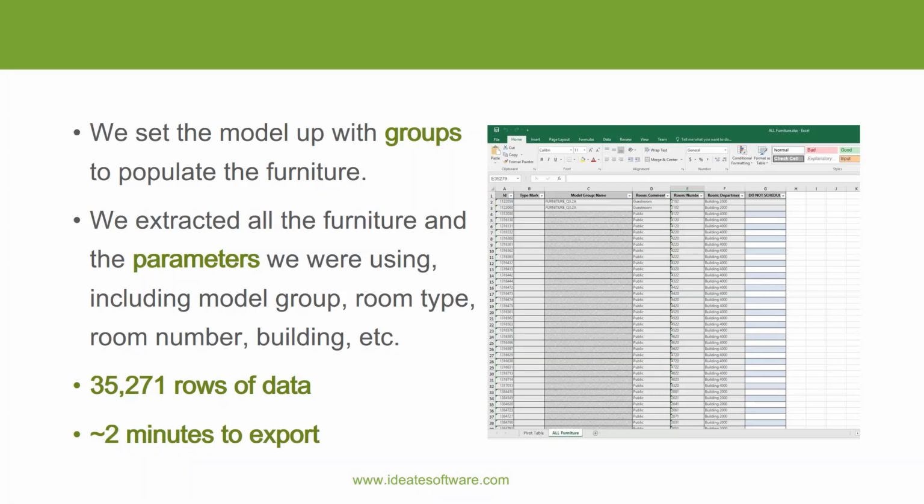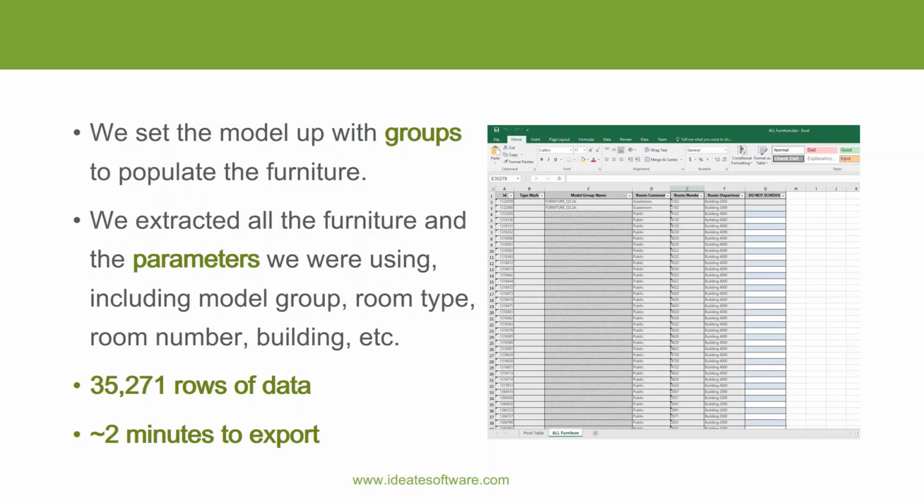So the way we organized the project was we set up furniture groups that we populated the entire project with. We had hundreds of pieces of furniture, thousands even, in our project, and we exported it through BIM Link. We also exported a lot of the parameters we were going to be using to organize this data. And at first, it gives you just this